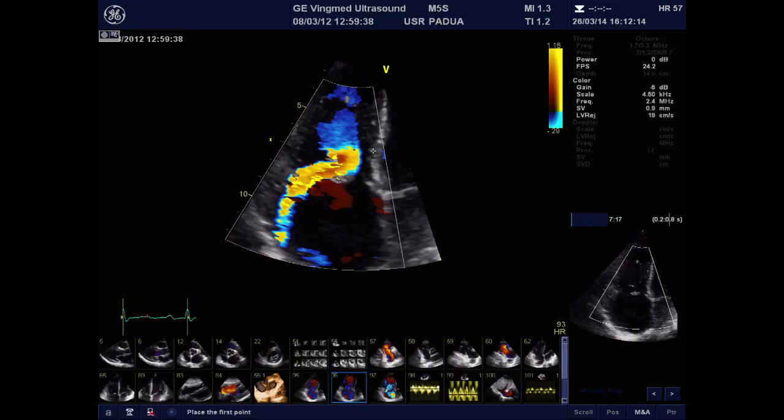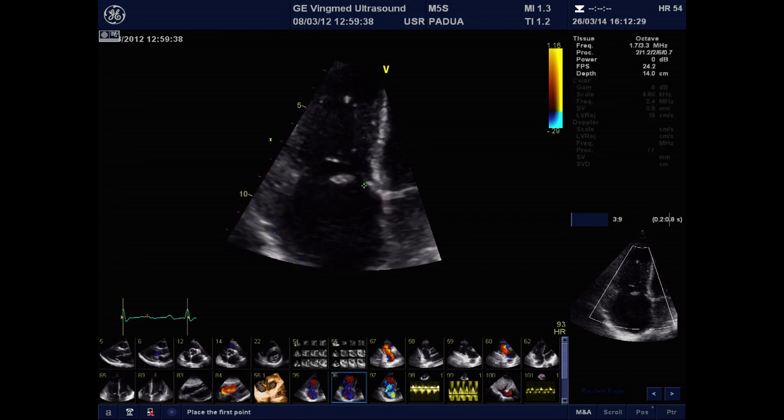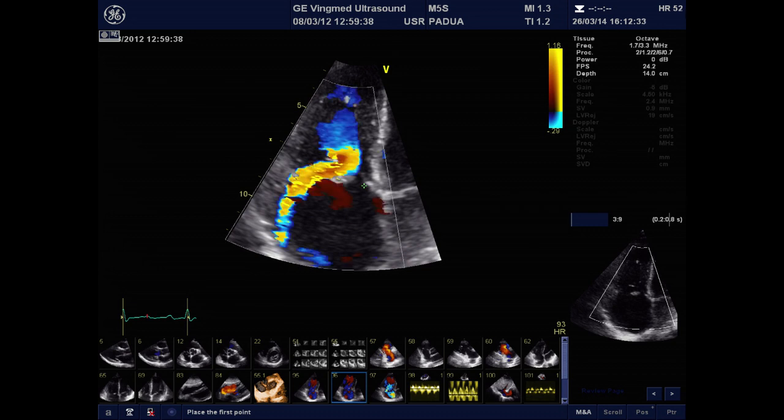that can be measured from the base of the hemispheric surface area until its top on the first convergence zone. In order to better identify the base of this hemisphere, it's very helpful to remove the color like this in order to see where the valve stands, and then to put it again. And once you have identified that the base of the hemisphere is in this place, you can select the caliper,